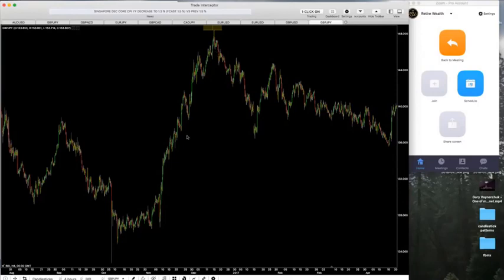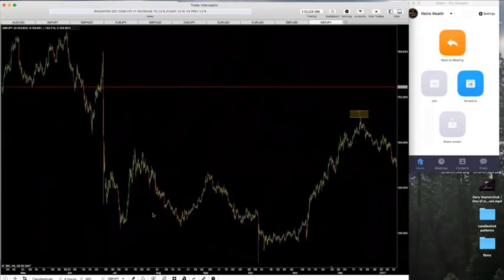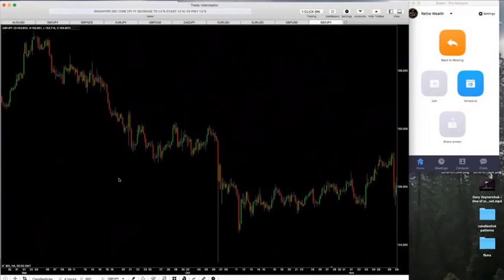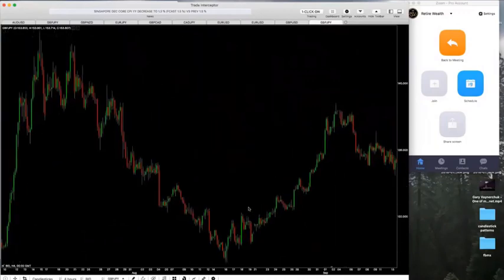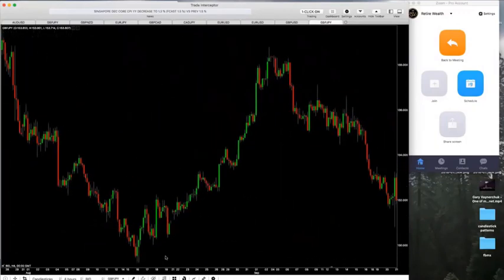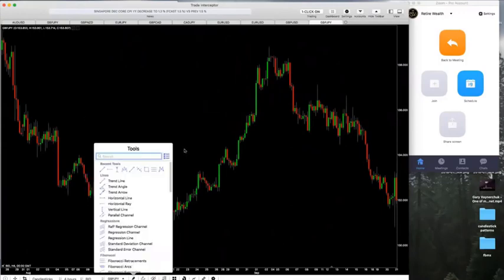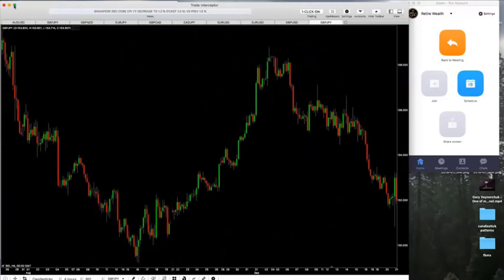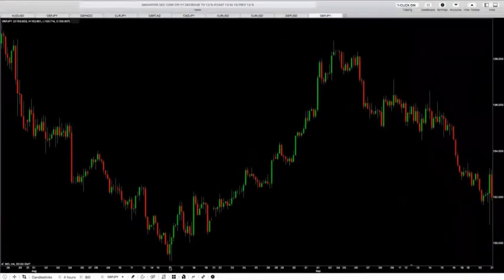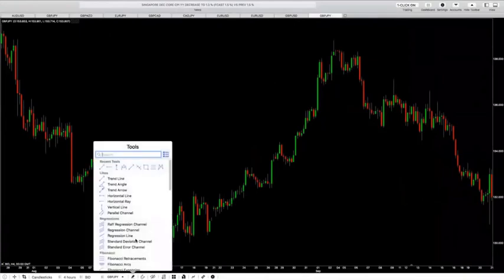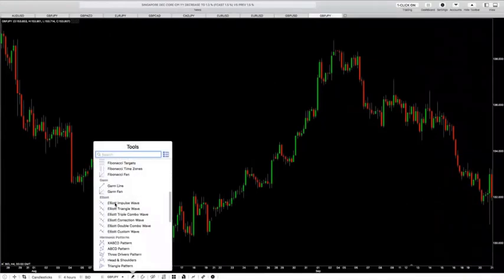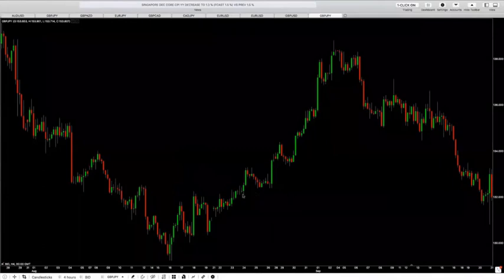Now, if you guys do not know what market structure is, without getting into anything super deep, I'll show you this quick example here. Let me actually make my chart full screen for you guys. Perfect. Okay, so we're going to come over here. I'm going to look for an Elliott wave pattern.